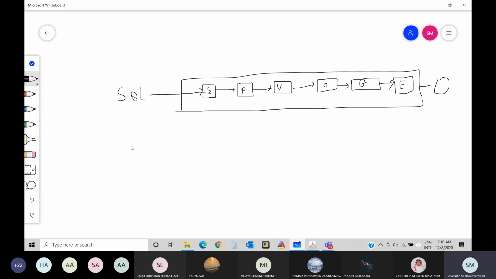Okay, thank you. So let me write a select statement. This is SQL I'm going to write. Select star from table 1, table 2. Let's just write a simple select statement where